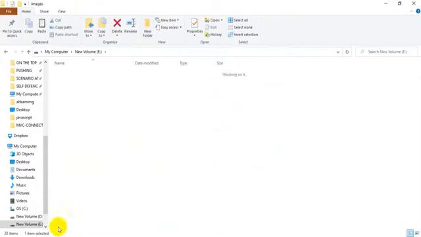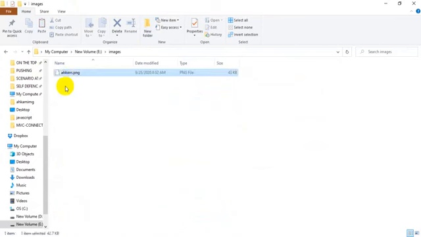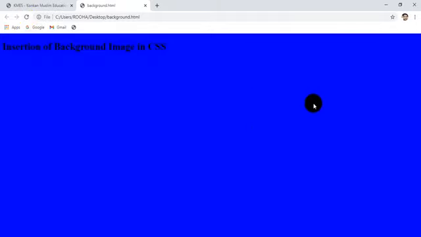Inside that folder I paste this image, so I have pasted acom.png over here. Now when I refresh my page, this image will disappear because it will search for acom.png, but it will not find it on the desktop. Okay, the image has disappeared.